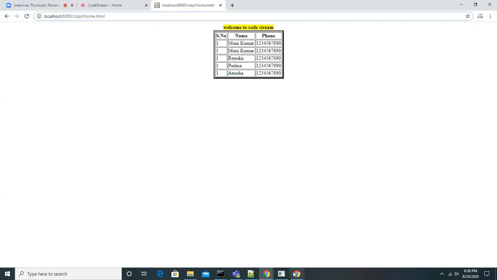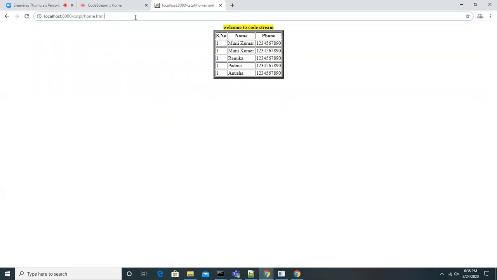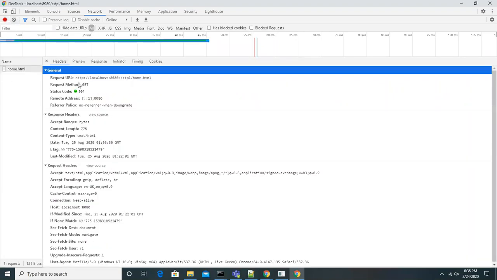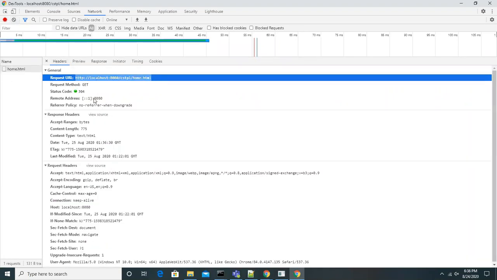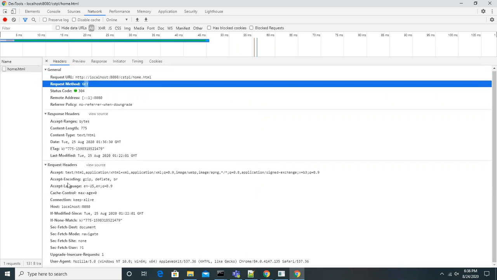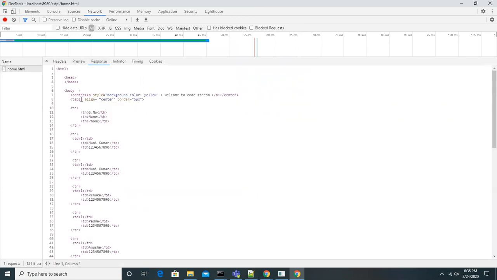Again, I'm going to show you. Let me go to the network calls here in the debugger tool, click on this, and look at this. This is the request. The request method is GET, and these are all the request headers. And this is the response. Where is this code?